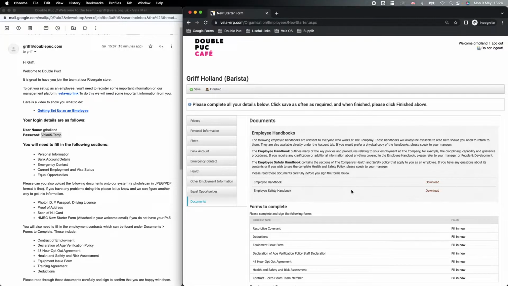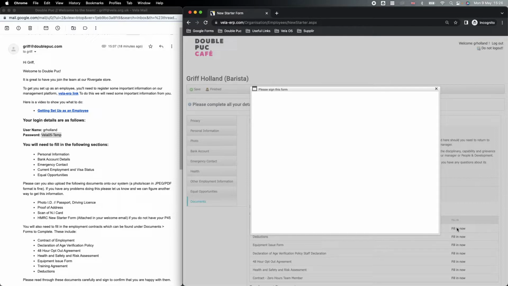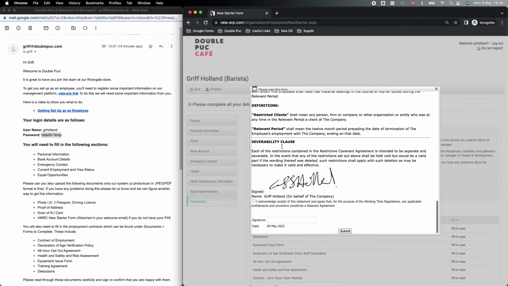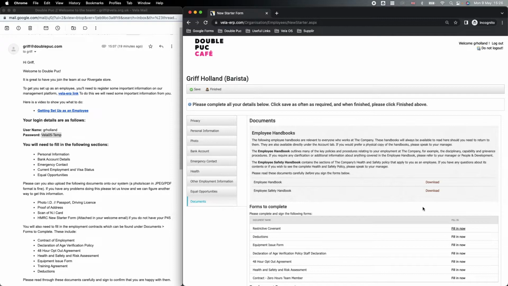So to do that, all you need to do is click on the relevant employee form. It will open up the form, as you can see shortly here. And then all you do is, once you've read it and agreed to it, you scroll down to the bottom, acknowledge it, which is effectively signing it, and put your name in there, and then you submit it. And if you just work through all of the different employment forms that your employer has attached to your record,